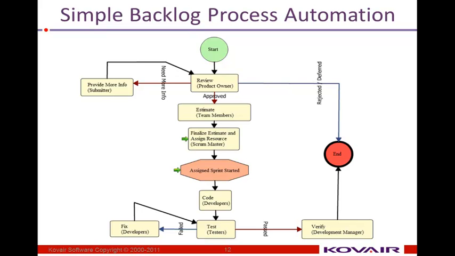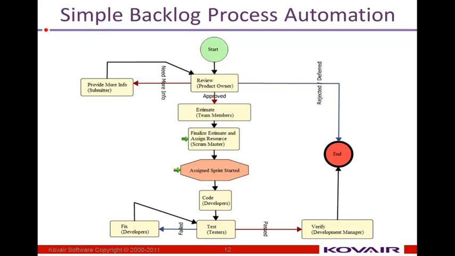Here is the process we'll be following. This is actually a screenshot from Kovair, the user story process. And as you can see, this is going through the review step. From the review, it goes to the estimation by team members. So we'll be using planning poker for that. Then it goes to the Scrum Master to finalize the estimation and also assign the resource, etc. And then it waits for the sprint to start, because you may have certain user stories you are assigning for a future sprint. So this is an interesting thing, that unless the sprint starts, it doesn't go to the developer